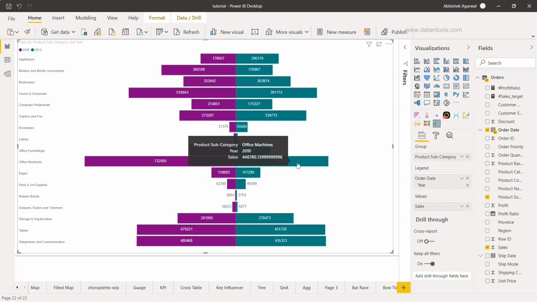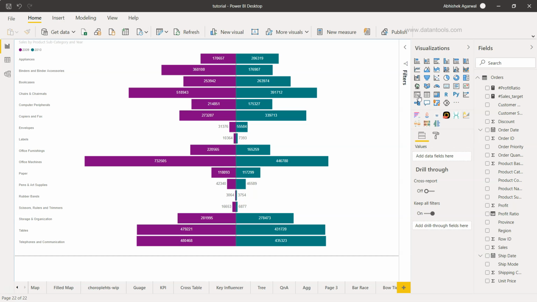Now, how to do that comparison where you can basically customize this, that you want to compare 2009 with 2012, or you want to compare 2010 with 2011. So it's like you have more control over the visualization. Well, for that, what you need to do is click outside and come over here in the slicer. So you have the slicer over here, and if I just put it on the most right over here,